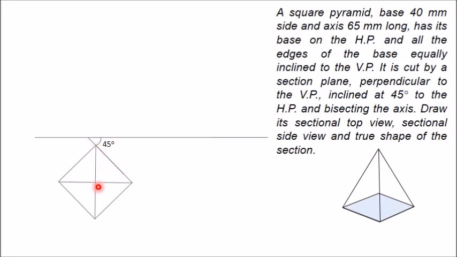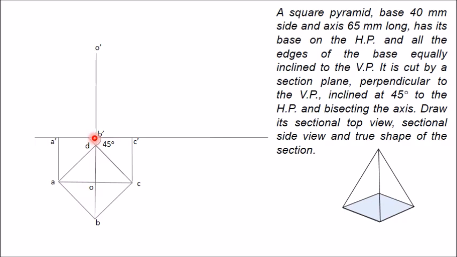These sides are slant edges of the pyramid. Now you mark all these points. I have marked all these points. So these points are A, B, C, D. These are the four corner points of the base, A, B, C and D, and this point is the vertex O, and in the top view all will come in a single plane. Now you can project all these points. So I have projected all these points.